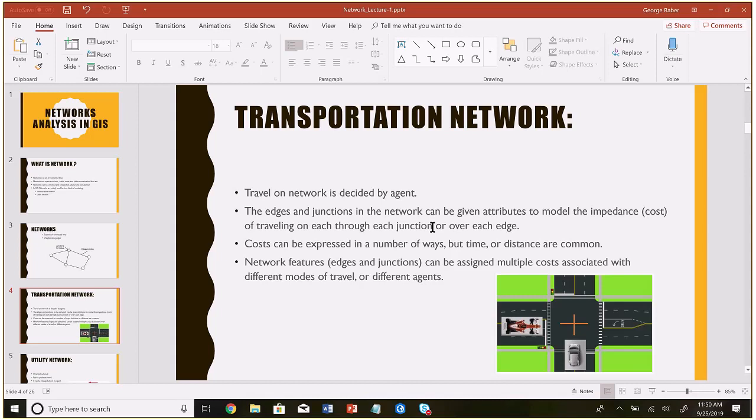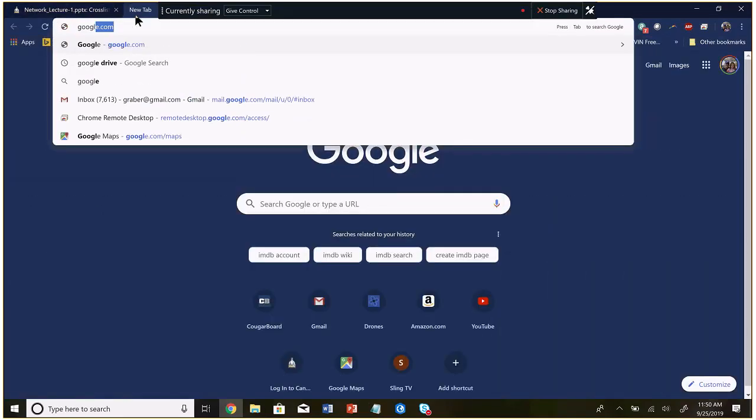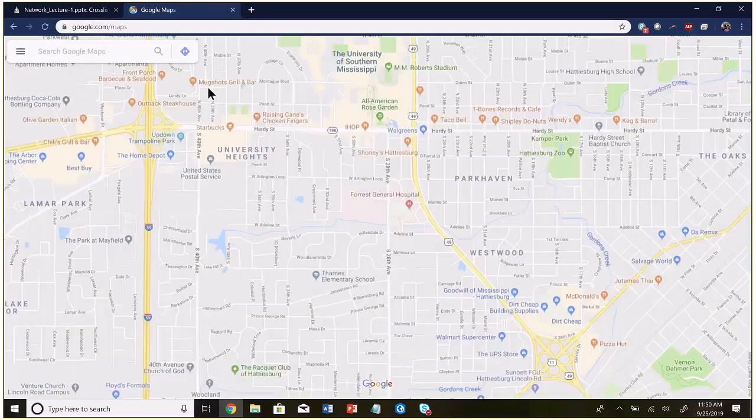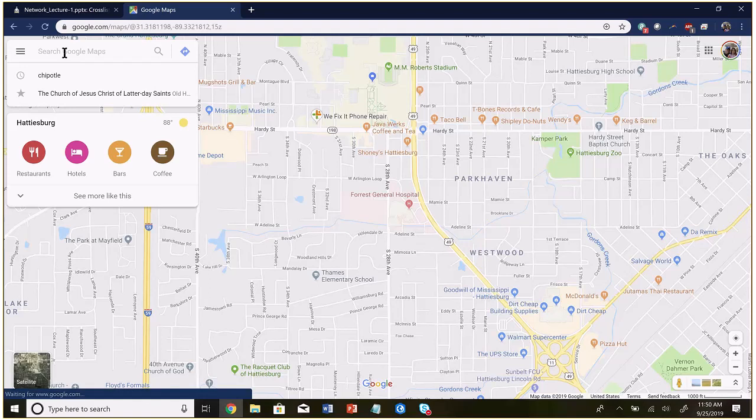All right, so that's what the cost is. Now you could also build a complex network, and a few years ago Google started doing this, right? So we've used, I'm going to go to Google Maps since I've been referencing it. Maps.google.com. So now I have the ability to go to, I don't know,